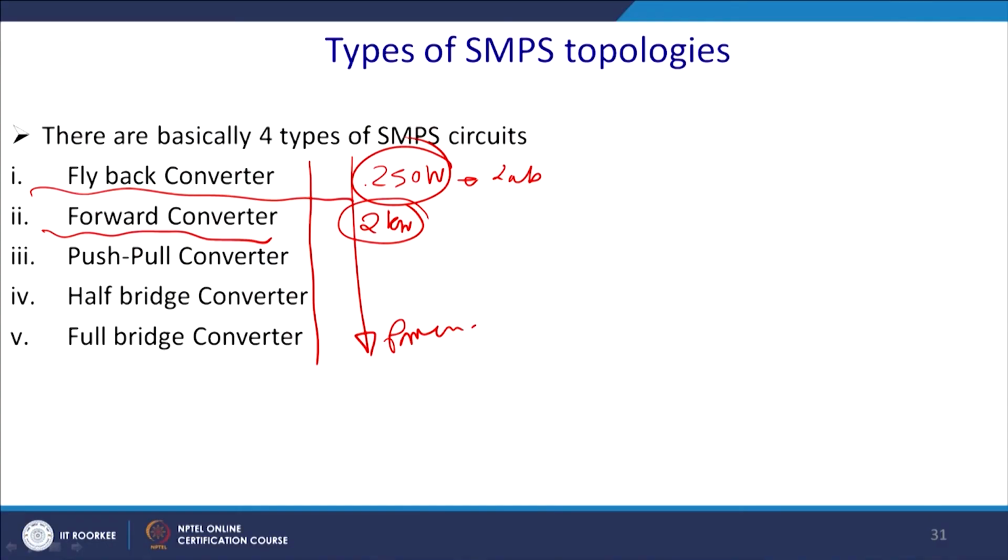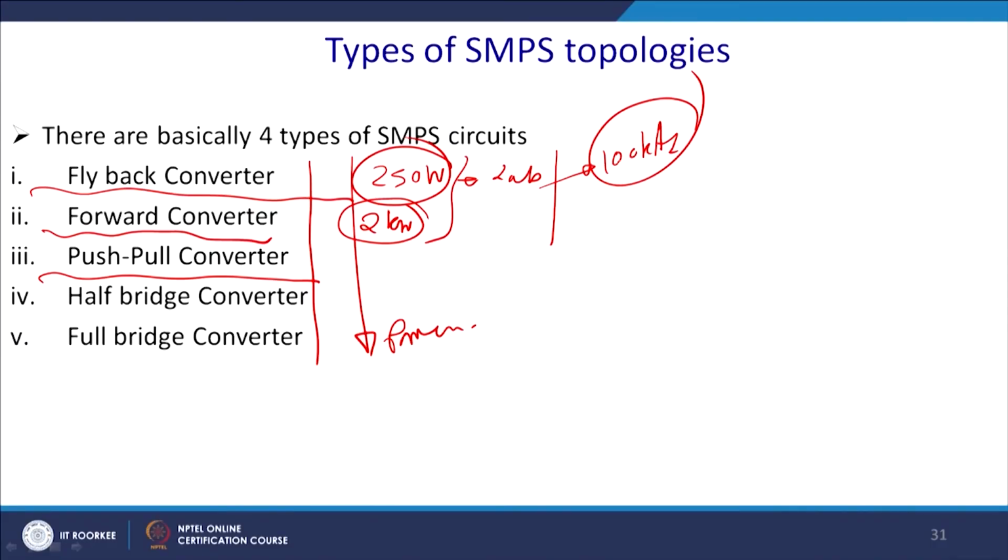Of course, getting the forward converter over 2 kilowatt is also a challenge, because till now you can use MOSFETs. Switching frequency can go as high as 100 kilohertz for hard switching,